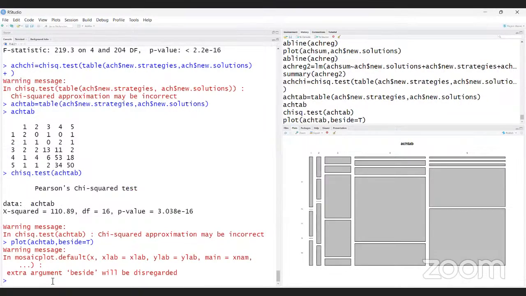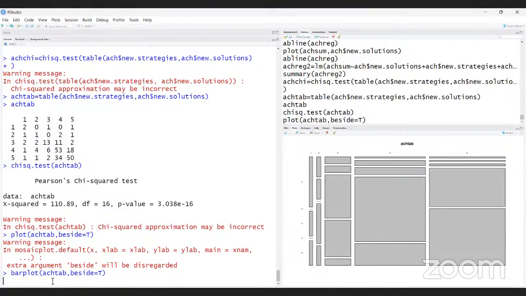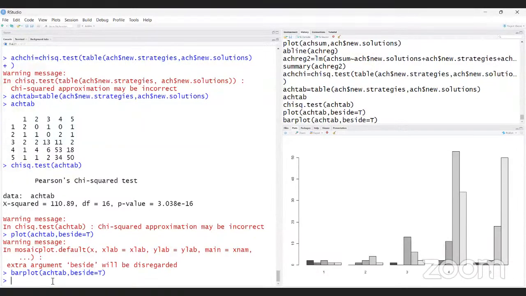Okay, this is the plot. Side by side. But this is not a very good plot. I have to write down bar plot. Now it is the bar plot.